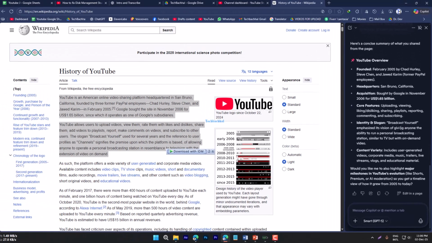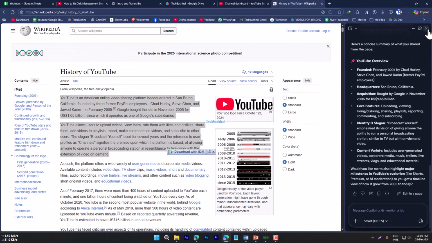That's it. You have successfully learned how to use the AI chat feature in Microsoft Edge to summarize web pages and ask